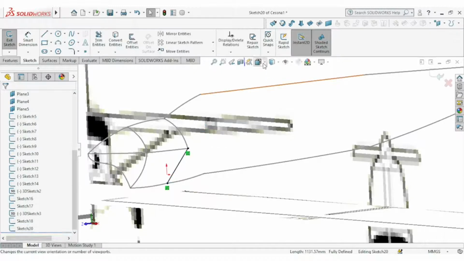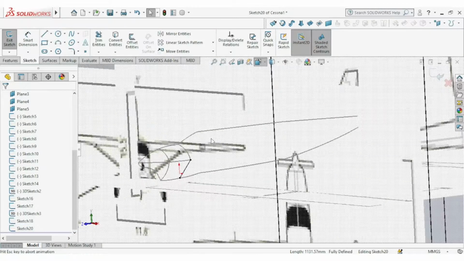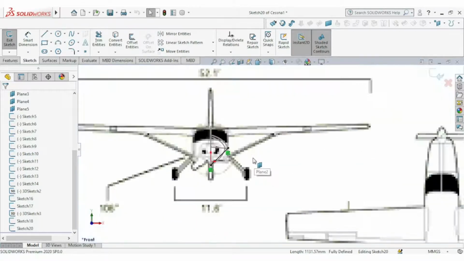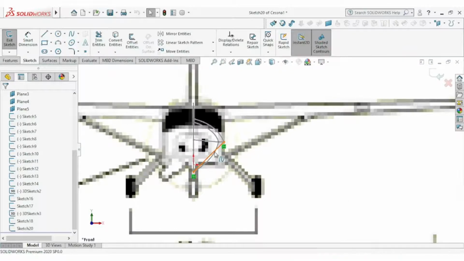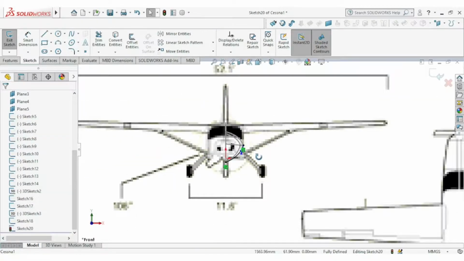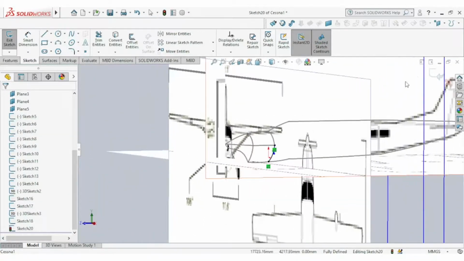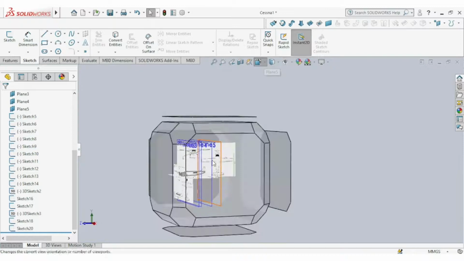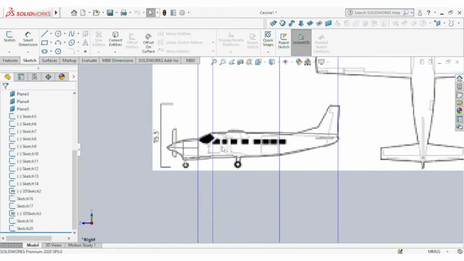So go to the front preview, and align this. Okay.